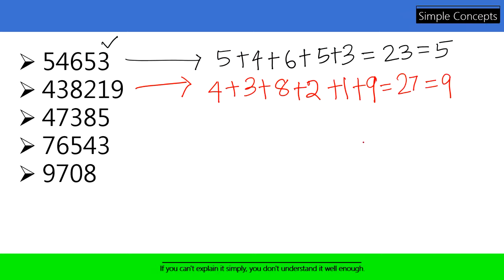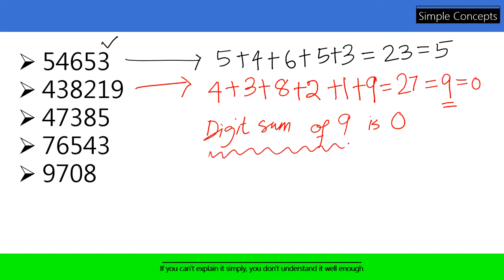One thing you should always remember, the basic rule here: whenever you have a 9, you should say that the digit sum is 0, because this is a rule. You just follow it, you will see the benefit of it. Digit sum of 9 is 0. By following this rule you will see that finding digit sum itself becomes very simple. I will tell you in the next lecture how finding digit sum is simpler when you say the digit sum of 9 is 0.